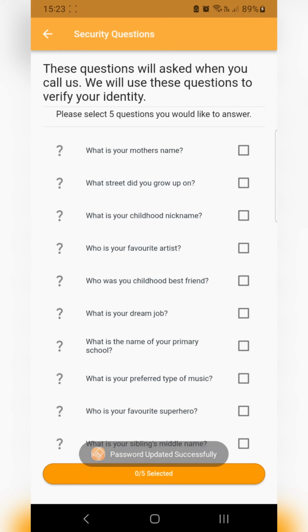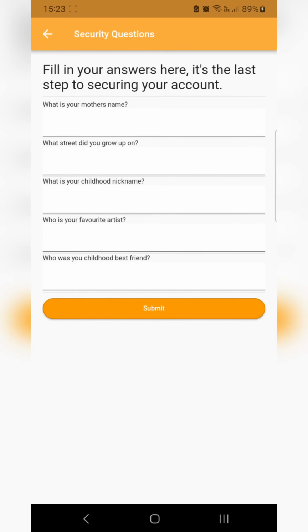Once your password has been set up, you will be asked to set up 5 security questions. You can just select the first 5 questions if you so wish. Otherwise, there are quite a few questions that you can select, because you'll need to answer them, and these questions need to be personalized to you.